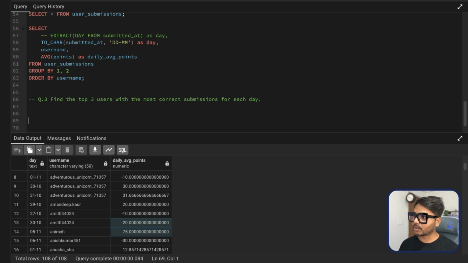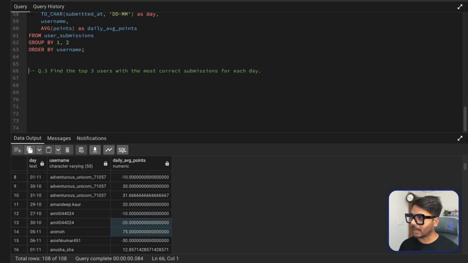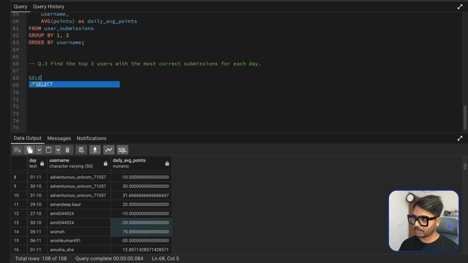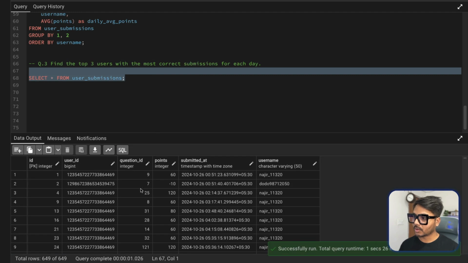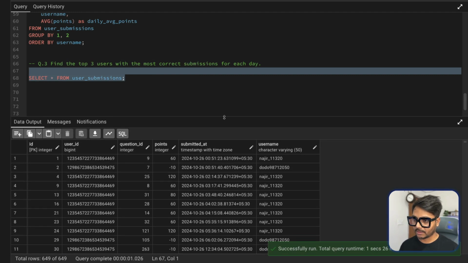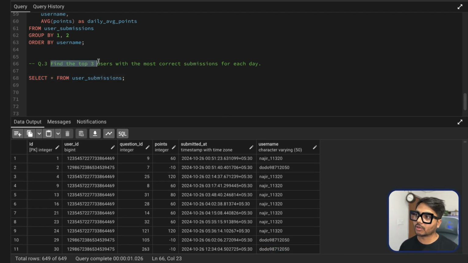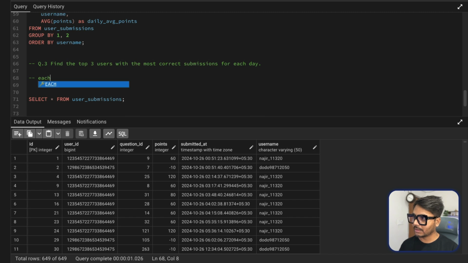Okay, so to solve it, first let's see the data set. So it says select everything from user submissions. So here if you see, we have the data. So what do you need? We need to find out the top 3 users for each day based on the positive submission, based on the correct submission. So first of all we need to find out each day, and then we need to find out the positive,